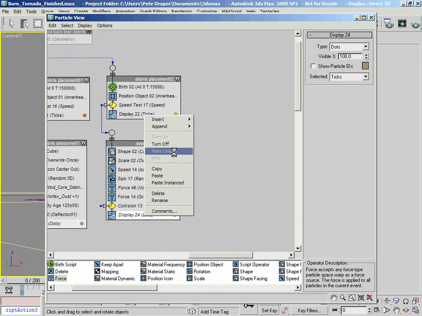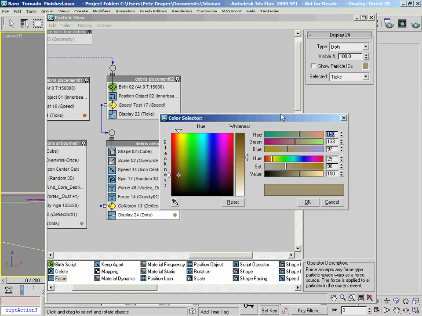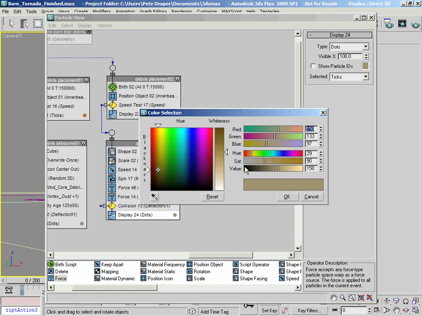So I'm going to make that unique, and then I'm actually going to click on this swatch icon, and I'm going to make this darker by dragging this down, maybe make that slightly less blue. I think that should pretty much do it, I reckon. Maybe just increase the saturation a little bit. Okay, I think that'll do for that.